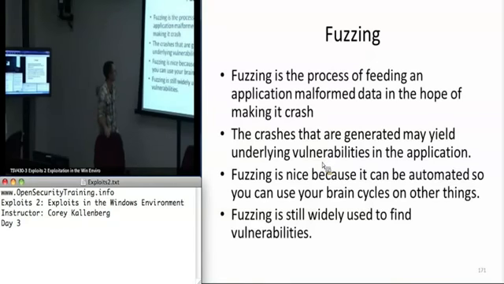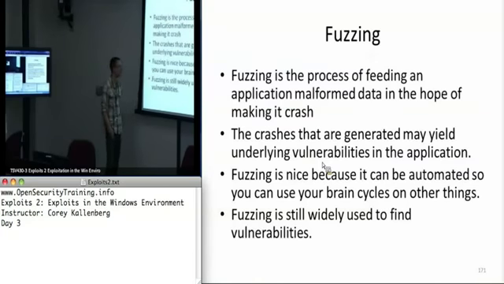Like I mentioned before, in Exploits 1, fuzzing is basically the process of feeding an application malformed data. You do this at a very fast rate, and it's nice because you can program a computer to do this. It's not something you have to waste your own brain cycles on. That's the real advantage of fuzzing: you can just program a computer to do it. It's hard to program a computer to reverse engineer, but you can program a computer to just keep hammering an